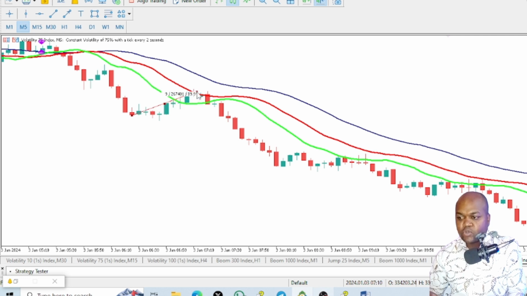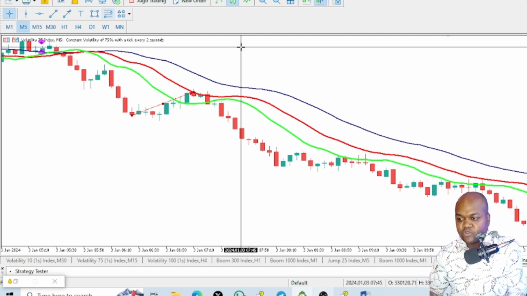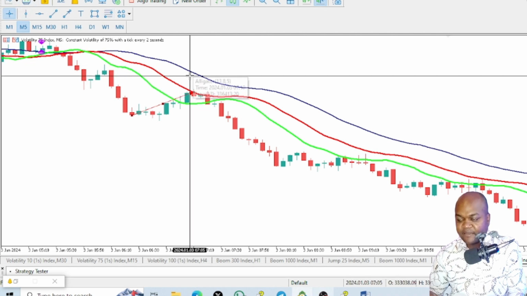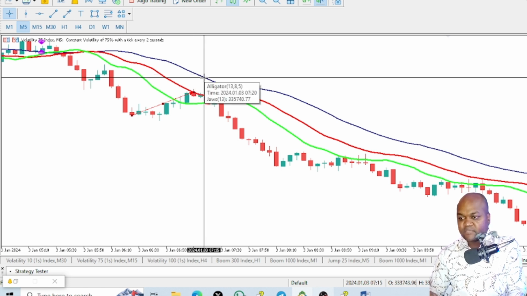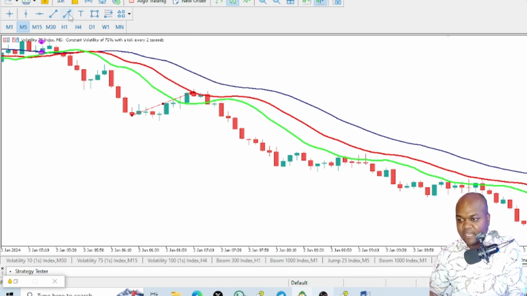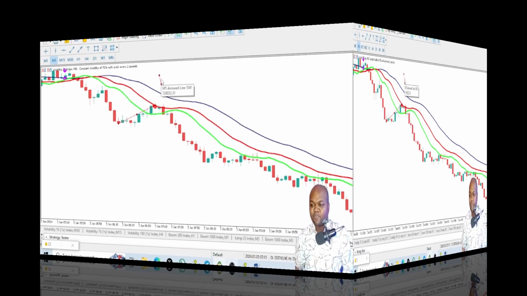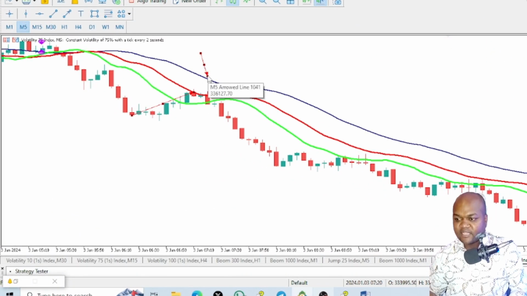And we want a candle to close below the red line. When that takes place, you then have to place your stop loss. Your stop loss will be just above this red line, the dark blue line here. This is where you're going to be placing your stop loss. So if price closes above this blue line, that's when you exit your position. So you place your stop loss just above that line, or you can make